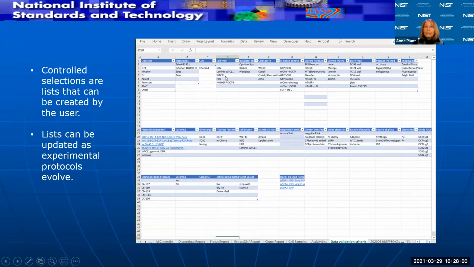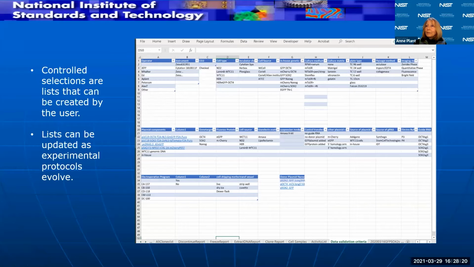This kind of functionality of these pull-down lists is something that is embedded into the toolbar in Excel. It's very, very simple for the uninitiated user to learn how to use, and it makes it very simple.